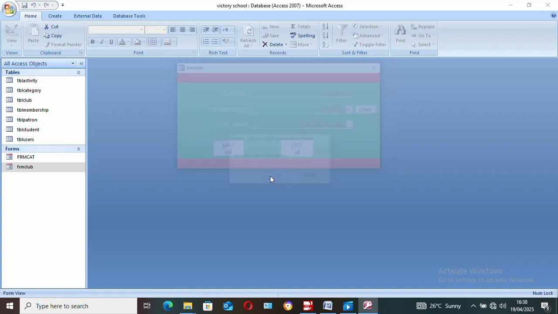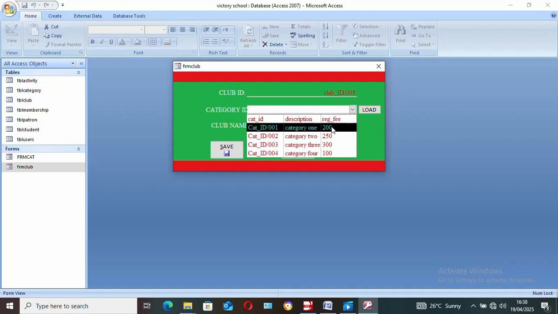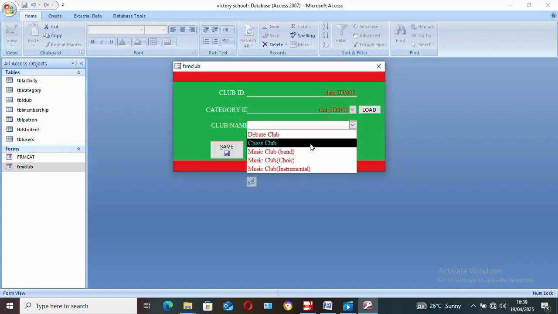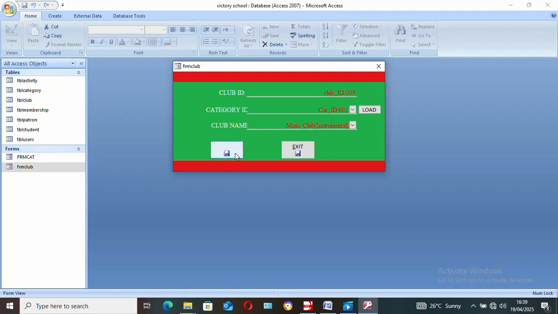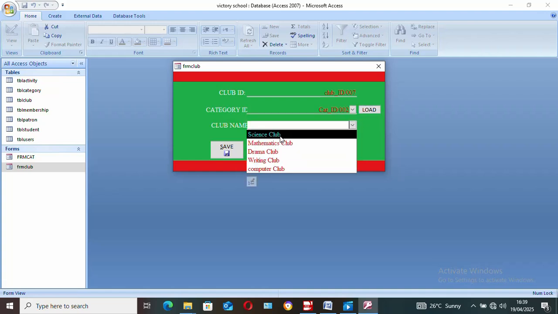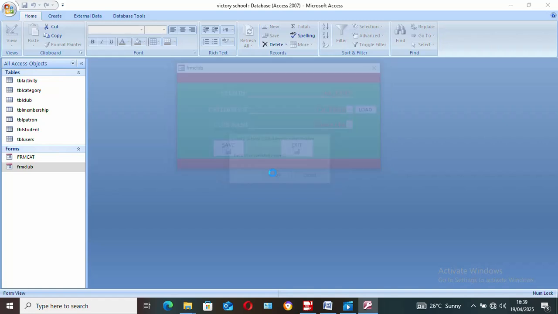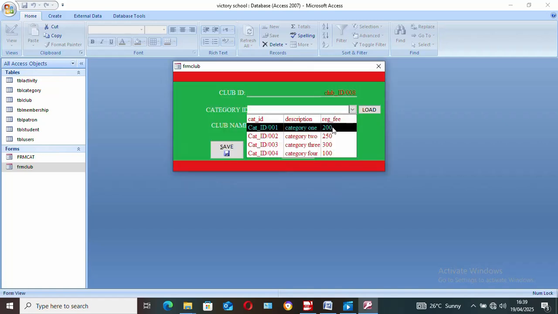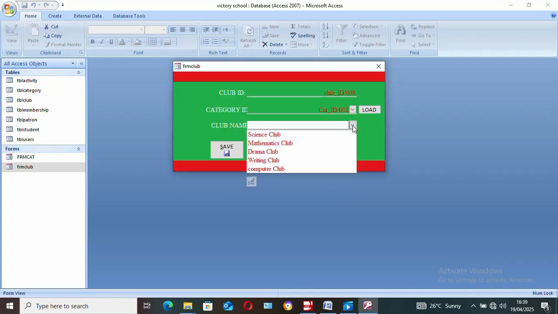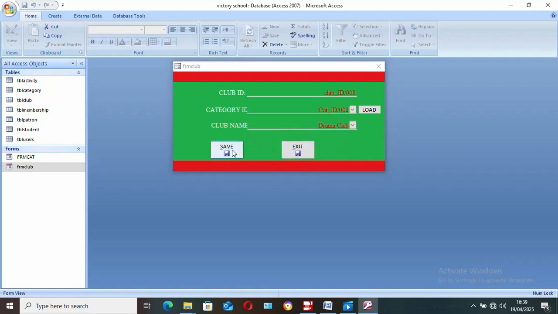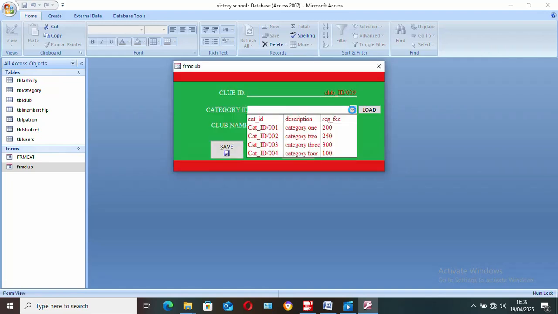And once you are through with this one, you're not going to go back to saving other. We go to the other one, and then we save. Then we can go to the second category, we load, and then we are going to see all these. We say mathematic. Then we come to the second, we are still on the second, we save that one. Then we still on the second, we load, and then we save the drama club. We save like that. We are going to save all the records that we have, all the